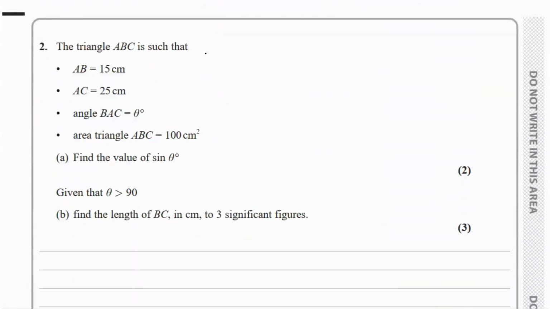Then the next question says the triangle ABC is such that AB is 15 centimeters, AC is 25 centimeters, angle BAC is theta degrees, and area of triangle ABC equals 100 centimeters squared. We have to find the value of sine theta. So first, let's draw the triangle. Since they didn't say it's a right angle triangle, we draw a non-right angle triangle. A, B, C. AB is 15, AC is 25, angle A is theta, and area of triangle is 100 centimeters